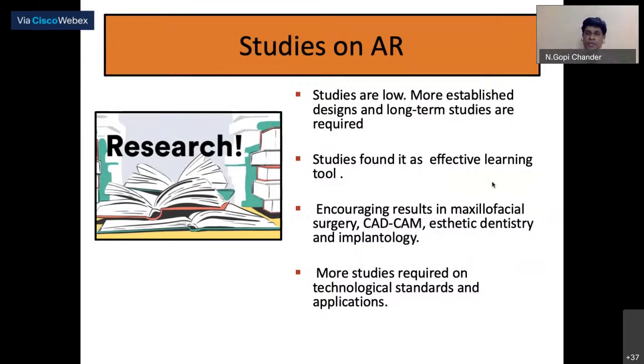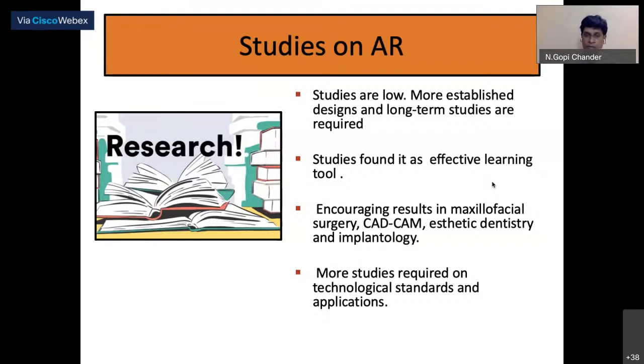A few studies have been done, especially on the models, and in terms of systems, we need more established designs. The most widely accepted is your CAD CAM systems in terms of milling your restorations. But again, there are a lot of variations to that aspect. So we need extensive long-term studies that are going to be helpful in predicting